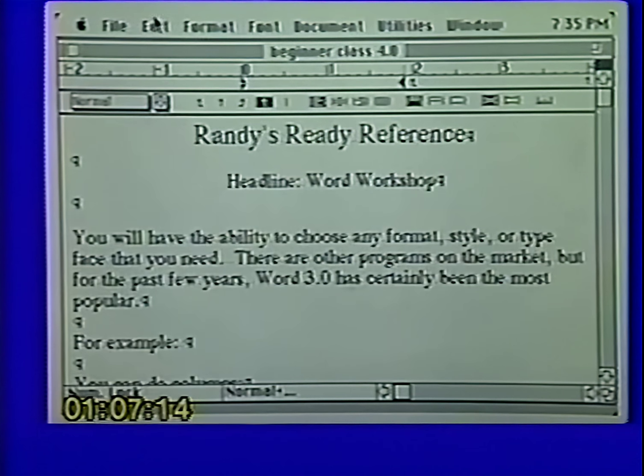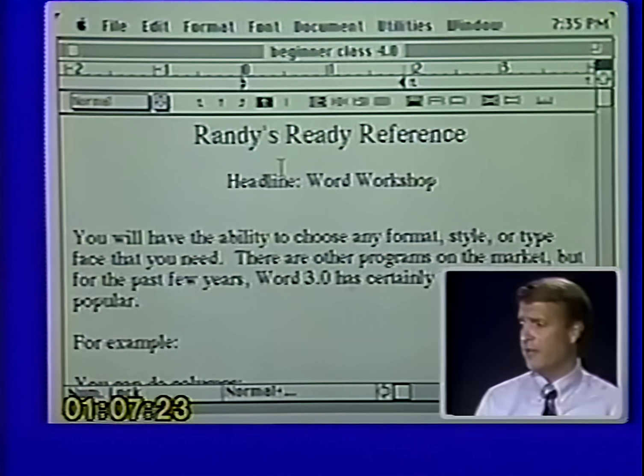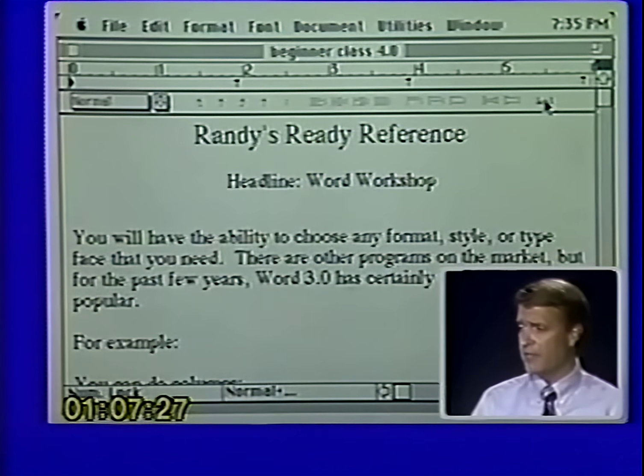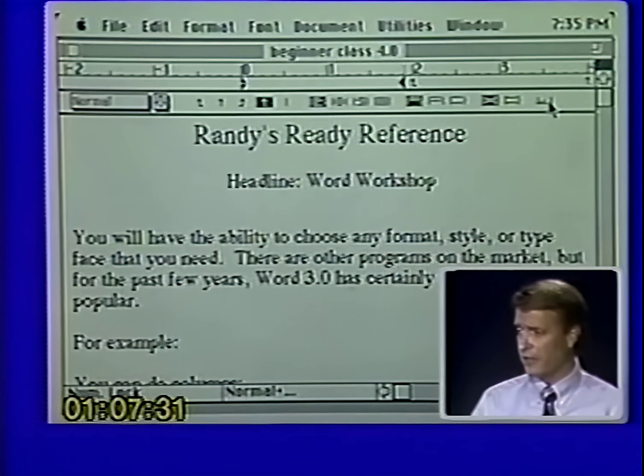Okay, now let me turn my symbols off again so they don't clutter the page. All right, our document's starting to look just about how we want it. We have set our margins. We have set basically our columns. We have set all of our tabs. And we have our program looking pretty much like we're going to want it to look.